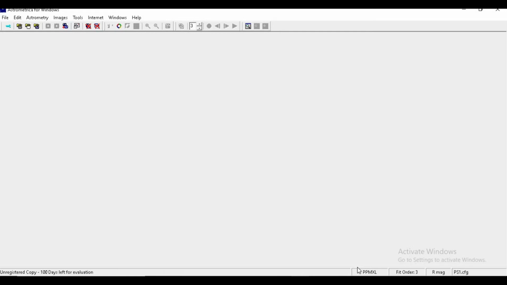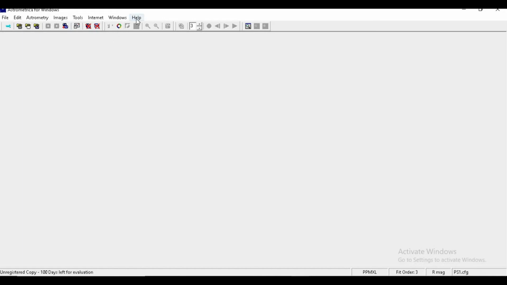Another thing is, on the left bottom side we can see that this is an unregistered copy and only 100 days are left for the evaluation. During the participation, all participants will be provided with a unique license and key to access the Astrometrica software.